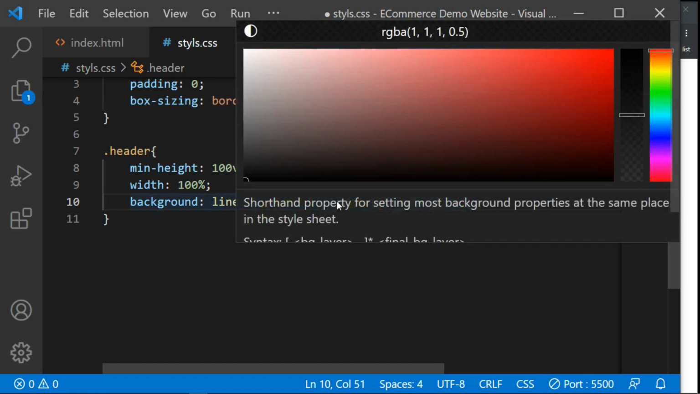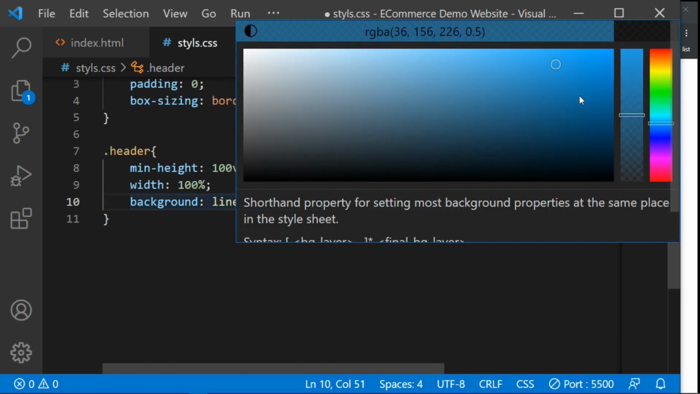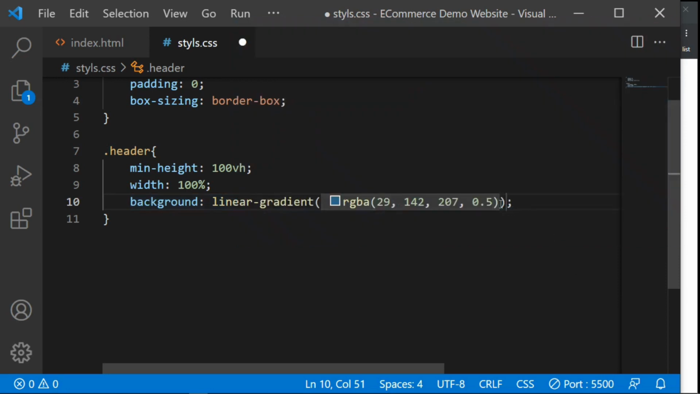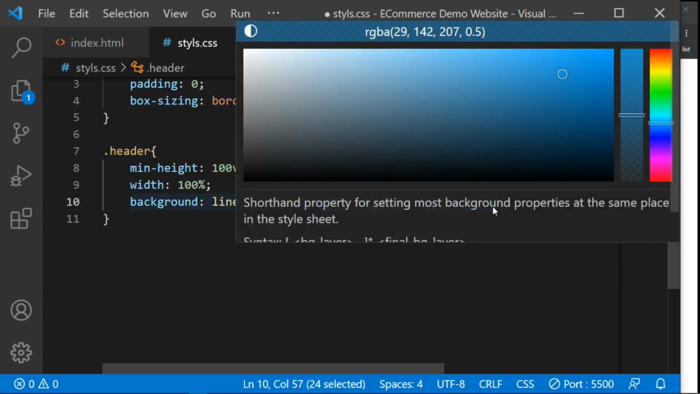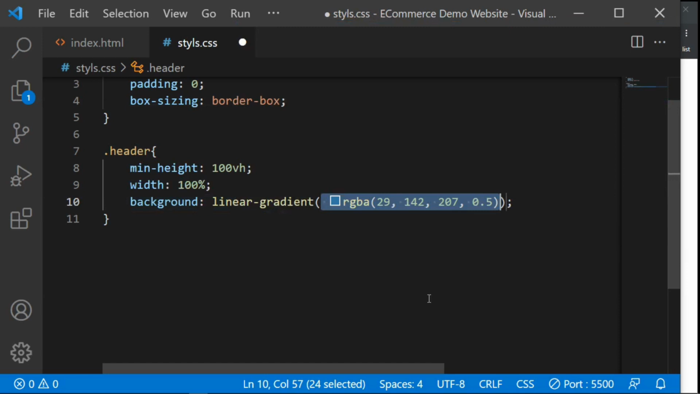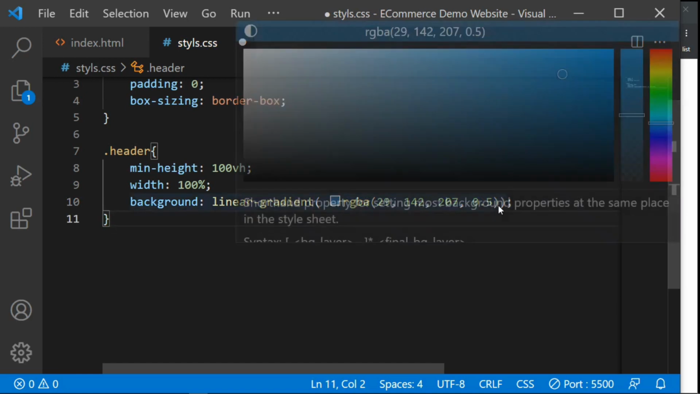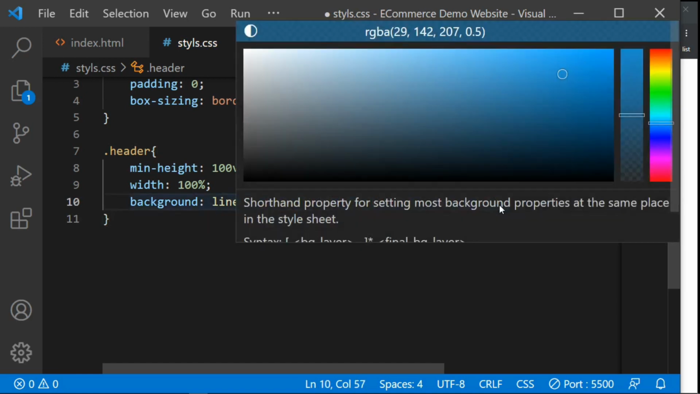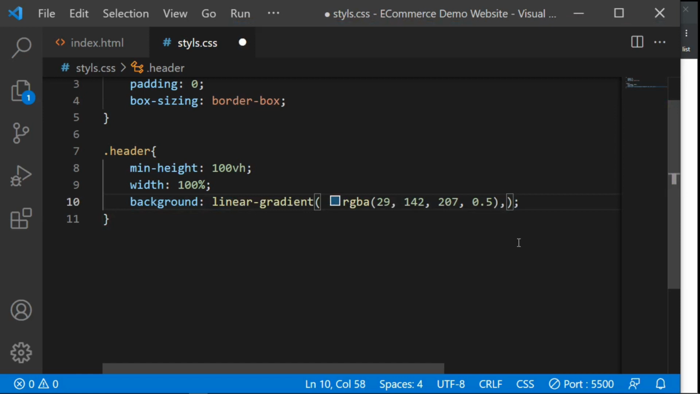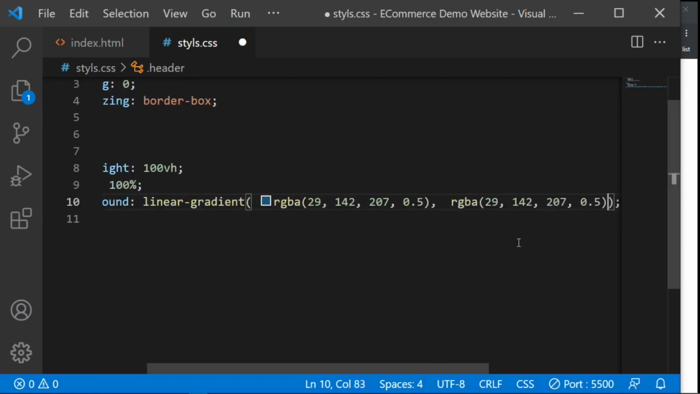But now I want to change it, so let me choose something light blue or whichever color you wish. I think this will be good. So let me copy this color to here, and then comma,